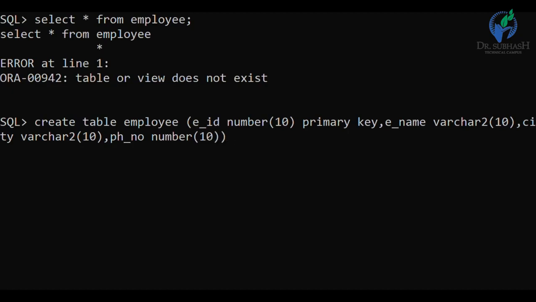Okay, so I have created one table, employee, with the employee ID, employee name, city and phone number columns. See, the table is successfully created. Now, I want to insert a record in the table for performing an index. Insert into our table name is